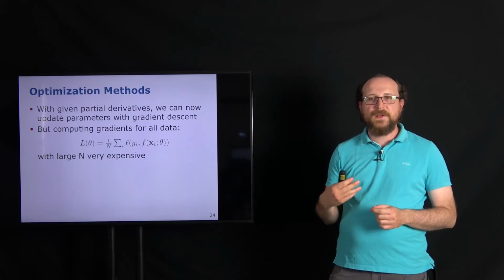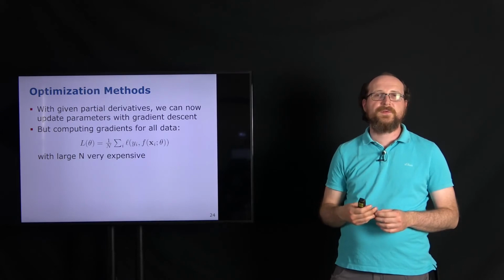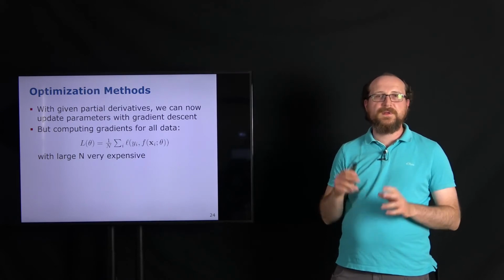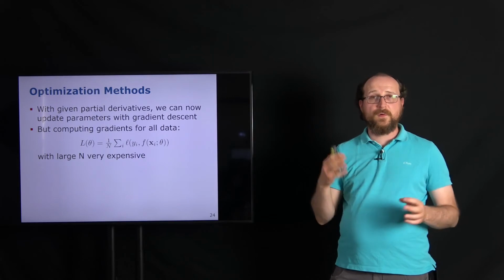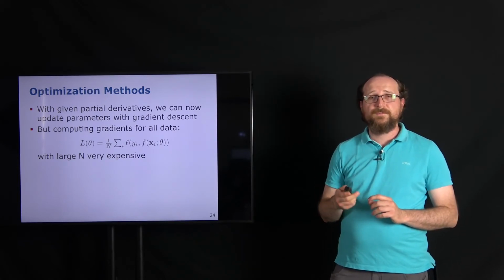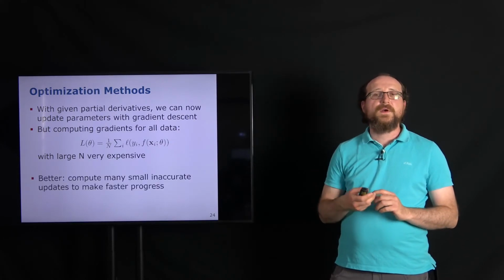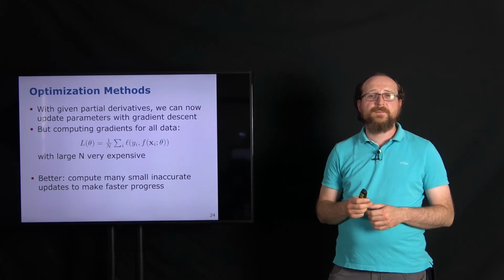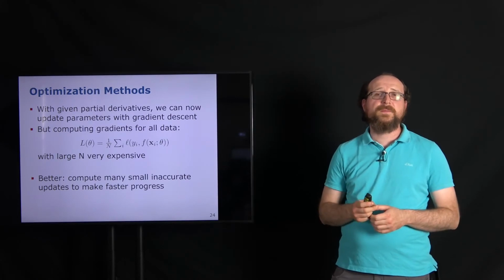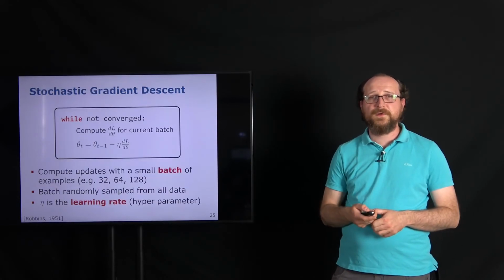And by accumulating these small increments, we are making basically faster progress than by maybe computing the correct gradient for the whole data set and making a larger step in the end. And therefore, the better idea is to do smaller increments, maybe more inaccurate increments, but making faster progress in the end. And this comes then down to the concept of stochastic gradient descent,